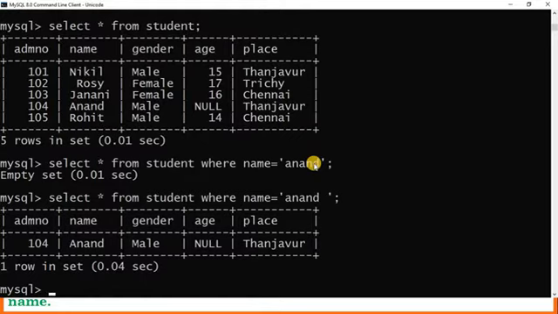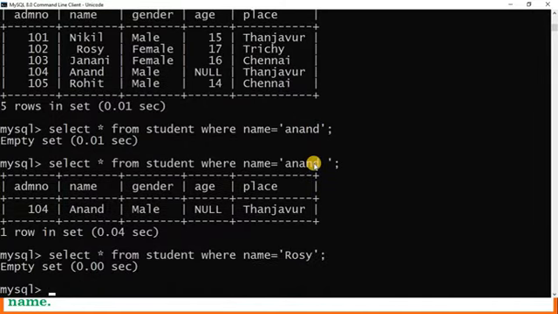Sometimes by mistake we enter a name beginning with some space or ending with some space. See also the Rosie record: select star from student where name equal to Rosie. See, it also displays an empty set. Why? Because it begins with a leading empty space.